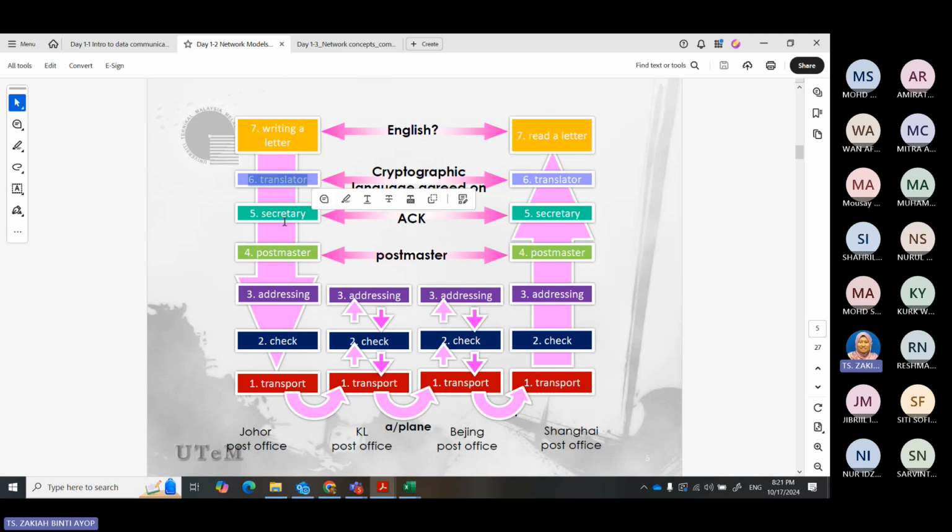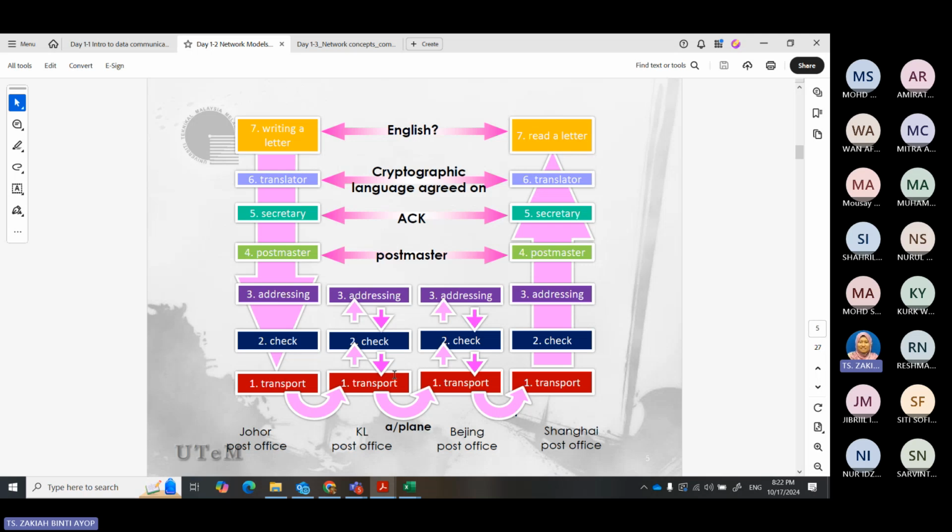Layer 6 is the translator, layer 5 is the secretary, layer 4 is the postmaster, and layer 3 is where you address where to send it. The second layer is where to check it, and then you transport the mail. There's an interesting part in between the sender and the destination. We have something like a flight delay, which we call transmission.